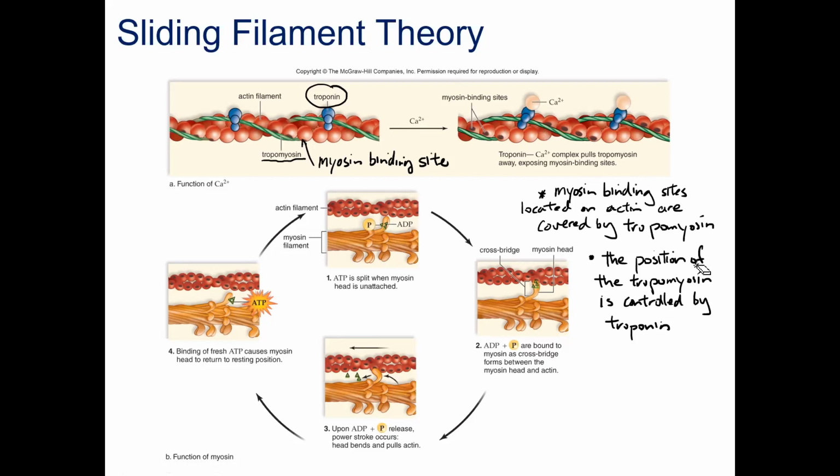So how do you shift the position of the tropomyosin? Well, we're going to need calcium. All that calcium in the endoplasmic reticulum, in the sarcoplasmic reticulum, when it comes out, it will bind to the troponin. Calcium binds to the troponin, and then it will shift the tropomyosin, exposing all these binding sites for myosin. Once they're exposed, the myosin will grab onto it, and then using ATP, it will pull on the